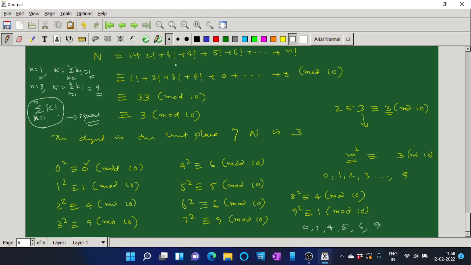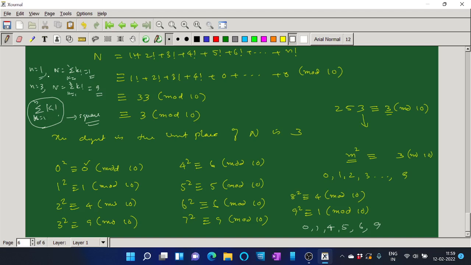Because if you take any other k, whose squares either end in 0, 1, 4, 5, 6, 9. But here we calculated for k greater than or equal to 5. For k greater than or equal to 5, if you calculate sigma k factorial, the remainder is 3 only. And therefore, it is possible that for 1, 2, 3, 4, sigma k factorial can be a square, but we